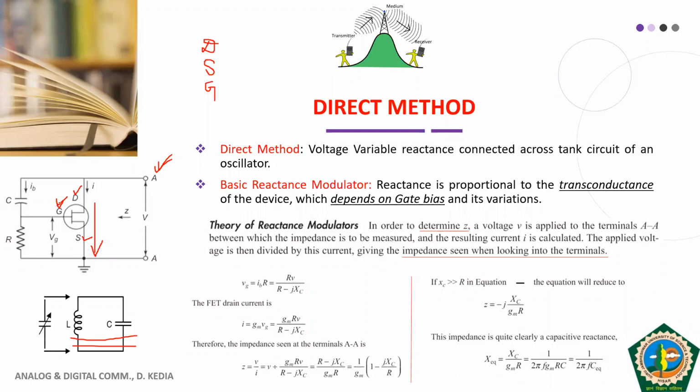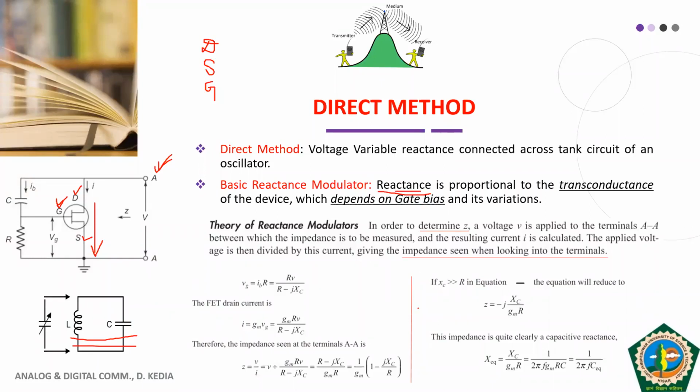So we are trying to simply take advantage of that thing only, that whether it is your diode, your FET or your transistor, all have inbuilt variable capacitance, which you can change with the help of bias, gate bias, or biasing on other terminals which are applicable to a particular semiconductor device. Okay, so if we vary that inbuilt capacitance depending on your bias, we say that our reactance is proportional to that voltage.